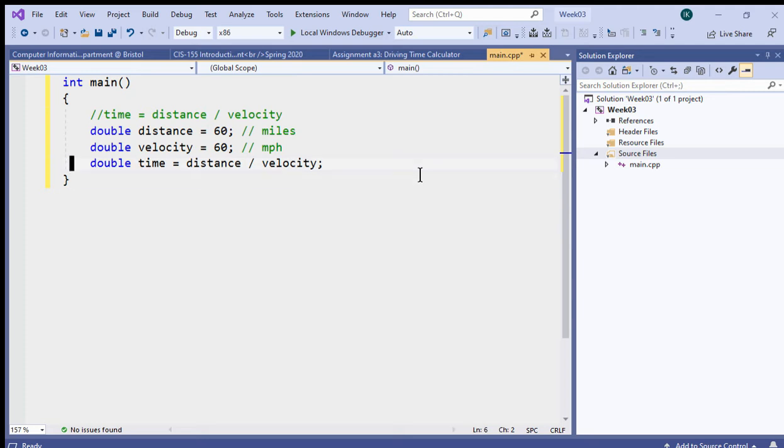Of course this time is in hours. But if I want to change it to minutes, and I've seen somebody submitting a homework like this, printing the integer value of time,